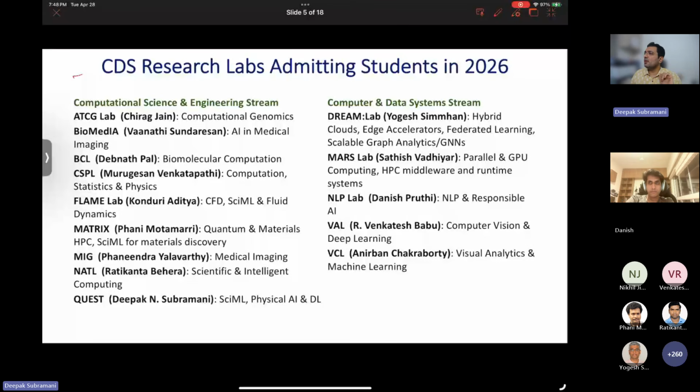How is MTech research different from MTech 2 years? MTech research is a research-based, thesis-based program. You do 12 credits of course and you work on your research from day one. You will be in the lab that you are assigned to, and you work on your research. Typically, in the field of AI, you will publish 2 to 3 papers in an MTech research thesis. So that is MTech research.